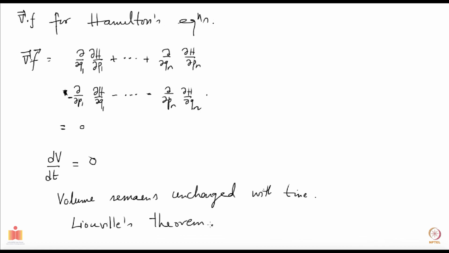I can make a quick remark. I hope it is clear that this is the total time derivative of volume, and you should contrast it with the partial time derivative. The statement where the partial time derivative is 0 is different from the total time derivative. When you're talking about a total time derivative, in addition to time changing, the coordinates are also changing, because d/dt is the partial derivative with time plus derivatives with respect to all the other coordinates. So you are really moving together with all those points as they move, and you are then asking about the volume, whether it changes or not.